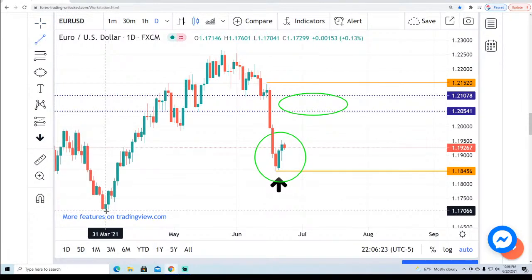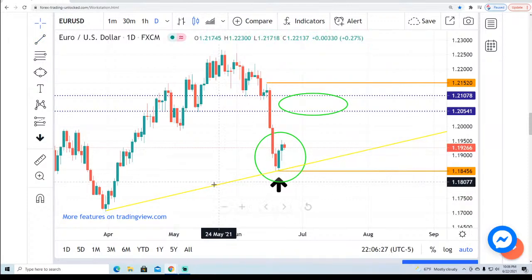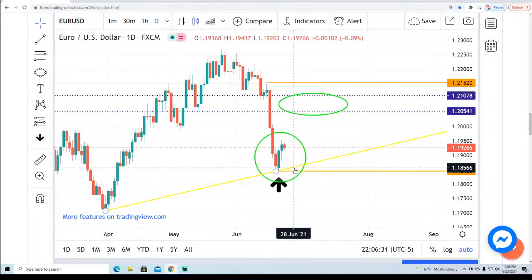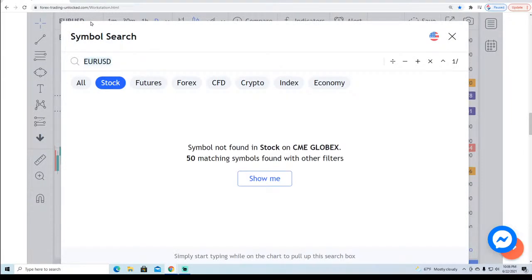I would follow this little upward sloping support line here that does support the longer term trend. Should we start to fall back onto this area and then obviously take out $1.1845, all bets are off, and this market is in a full-blown bearish way. So we'll see how this pans out. USD,